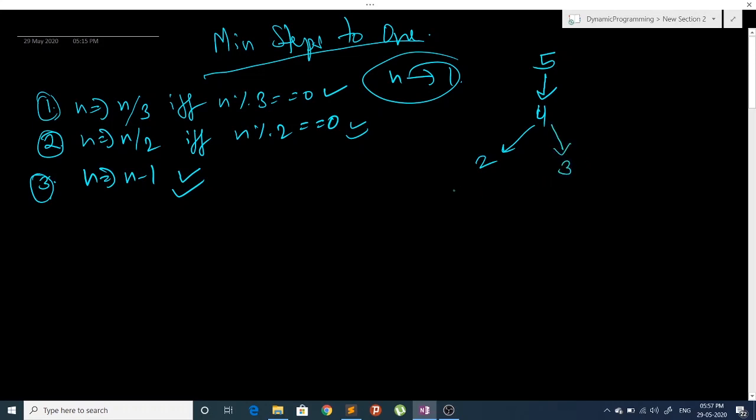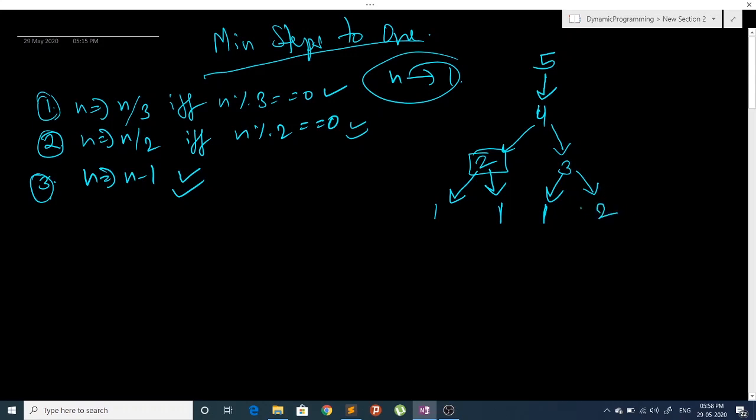And now with 2 we have two options. First option is that we can divide it by 2 and make it 1. And second option is that we can reduce 1 from it. And with 3 we have two options. The first option is that we can divide it by 3 and make it 1. Second option is that we can make it 2 by reducing 1 from it.